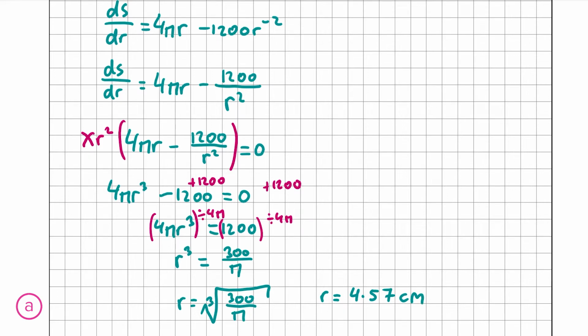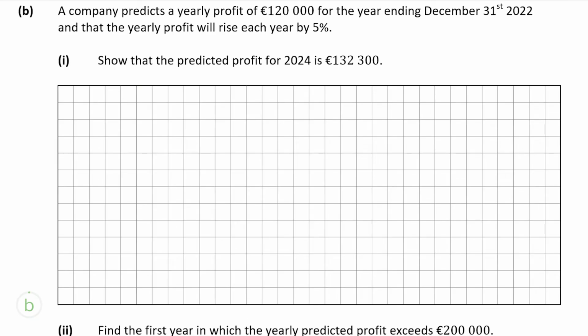So that's our answer for A part 3, and now we're going to move on to part B of the question. Part B tells us that a company predicts a yearly profit of 120,000 for the year ending December 31st, 2022, and that the yearly profit will then rise every year by 5%. So B part 1 of the question is worth 5 marks and wants us to show that the predicted profit for 2024 is